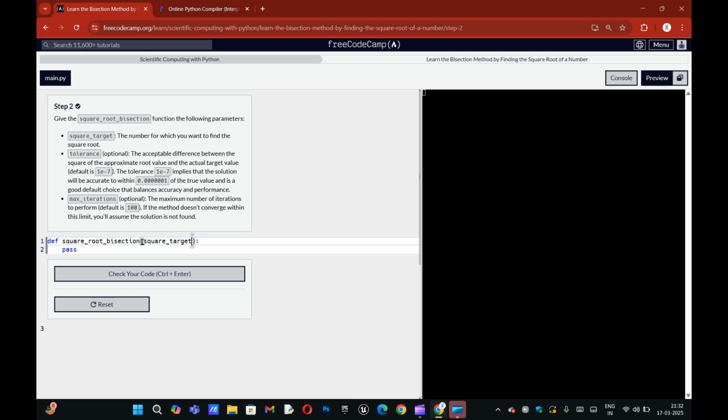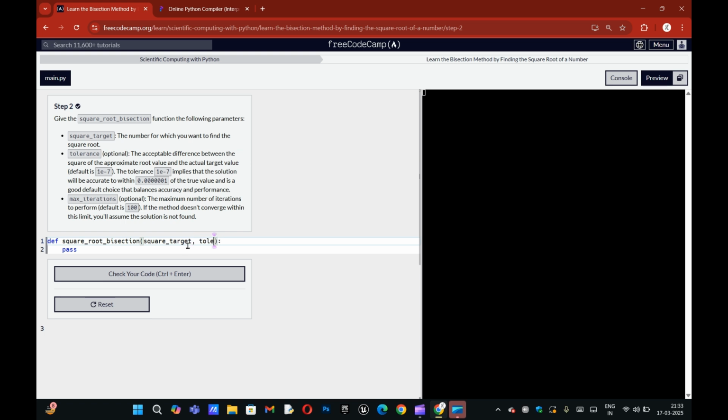Tolerance is acceptable, it's the difference between the square of the root value and our actual target value.